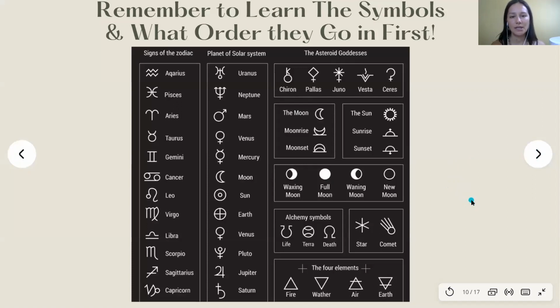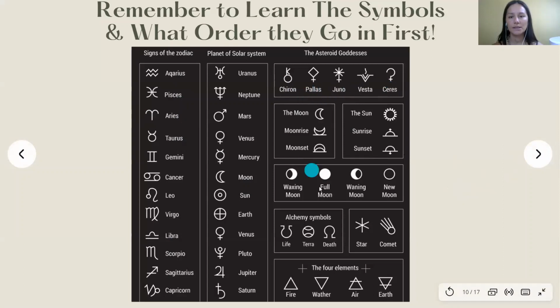Here are some more pictures. The next 3 slides are of the symbols, to help you memorize them, so you can come back to this and draw them. This is how I learned. I drew them all out, and they are in order here. No, they're not in order. Aries is the beginning here, so Aries through, yeah. And this is Chiron, which we'll talk about maybe.